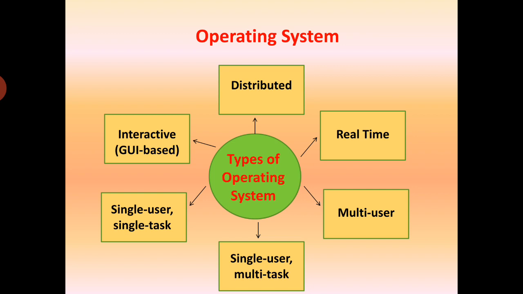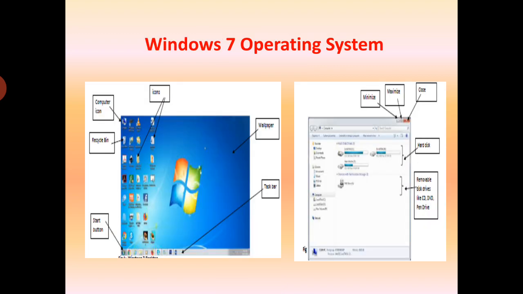Distributed operating system. A distributed operating system runs on a set of computers that are interconnected by a network. It combines different computers in the network into a single integrated computer and storage location. Windows and Unix are examples of distributed operating systems. Now students, let me introduce you to the Windows 7 operating system. Windows 7 is an operating system developed by Microsoft and is used on personal computers.